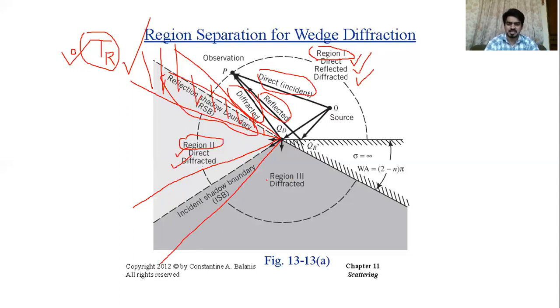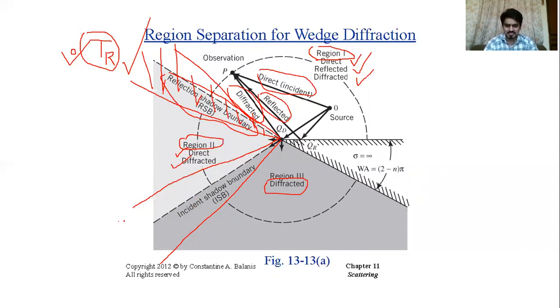you do is basically, inside the third region you only have the diffracted fields. That means you again drop another field, that is the direct field. So in the shadow region, region 3, you drop your direct field along with the reflected field, and again you will have some discontinuities in the field. And to compensate for that discontinuity along this incident shadow boundary, since we are dropping that incident field when we move from the second region to the third region, that boundary is called the incident shadow boundary.